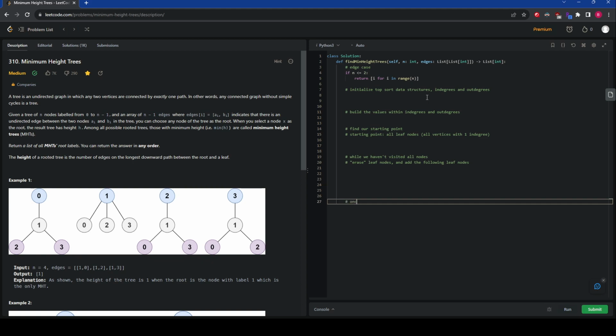And then once we have visited all nodes, the nodes remaining in the queue are our roots for MHTs. Yeah, so basically we're going to create our top sort data structures. We're going to build the values within these structures. And our starting point is all of the leaf nodes, because we're going to be basically doing